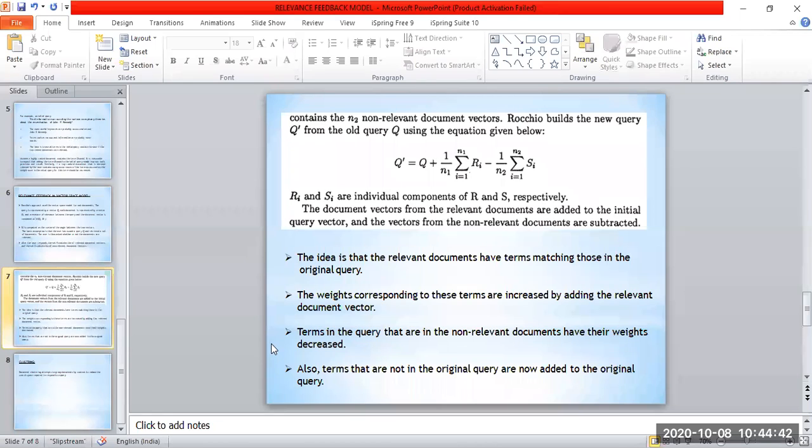So ultimately you will be left with relevant terms in your query, and you can use that query to retrieve your documents. So this is how the relevance feedback model and the vector space model are combined and used to retrieve the documents. So we have used the procedure of the relevance feedback model in the form of the vector space model, and we have achieved the goal here. I hope you understood this one. If you have any doubts, you can